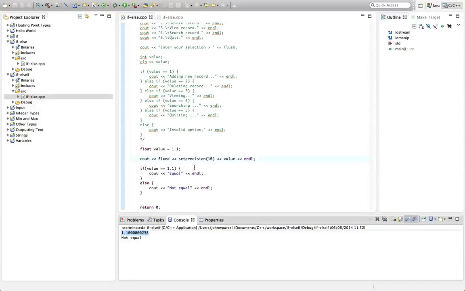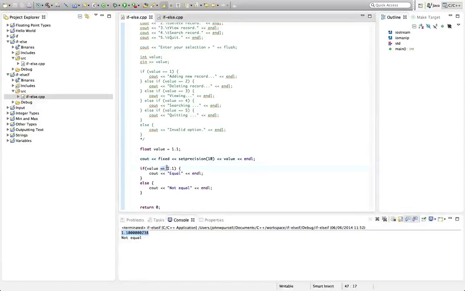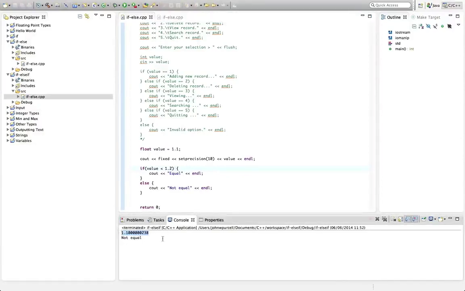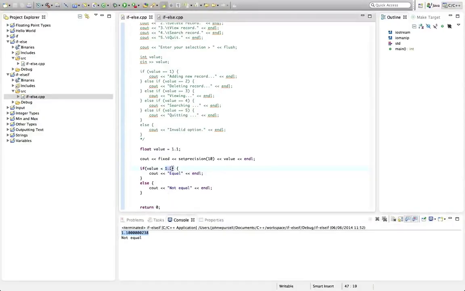But what you can safely do with floating point numbers is you can certainly use less than or greater than. So we can say if value is greater than 1.2. I know that's always going to work because, well, at worst, I suppose this could come out as being equal to 1.14 or something. But 1.1 is definitely going to be less than or equal to 1.2. So don't get too detailed with it. It's best not to start doing is it less than